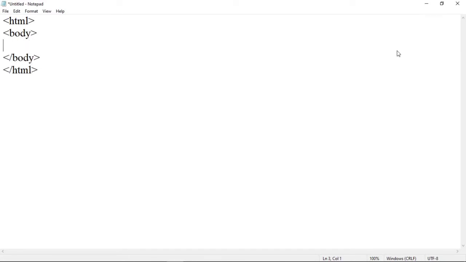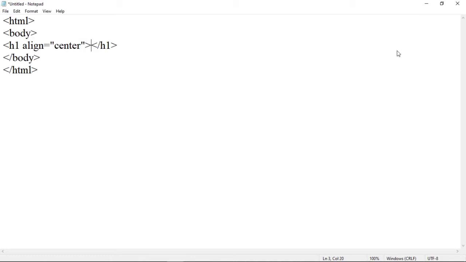Within the body tag, let us add an h1 tag and end of h1. If we want the text in h1 at the center of the screen, then we can add an attribute, that is the align attribute. So align is equal to center, and here add a text that you want as a heading for this page.